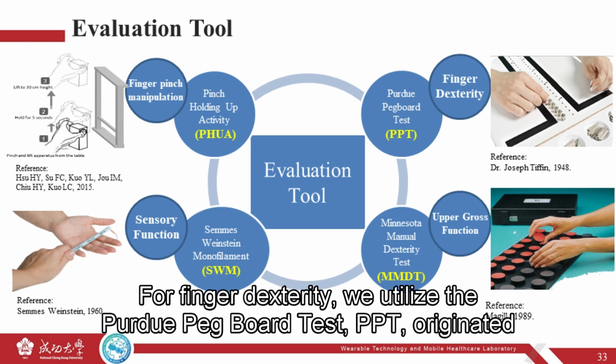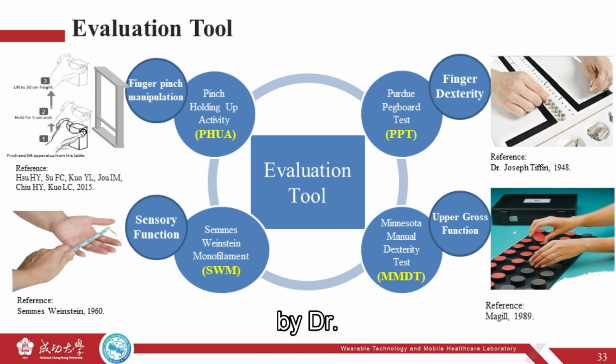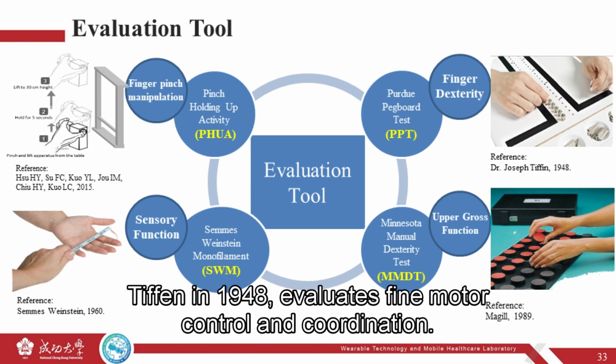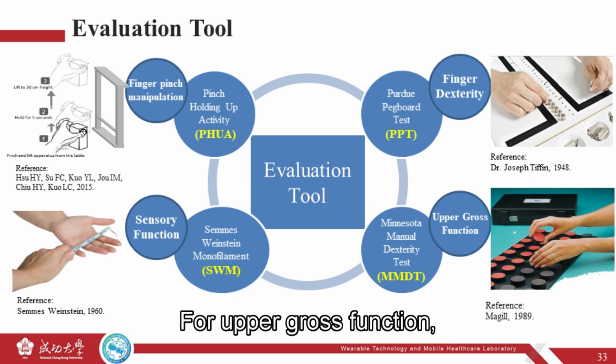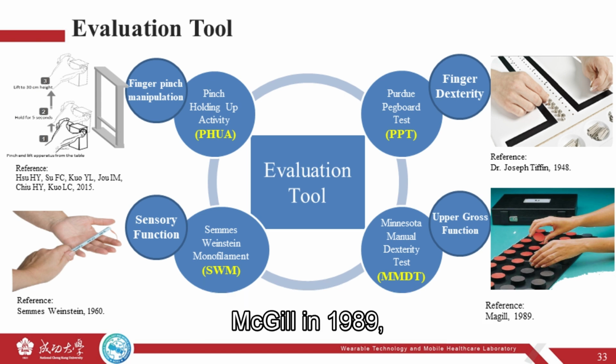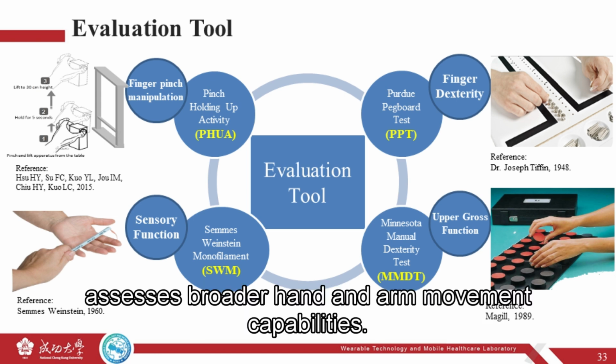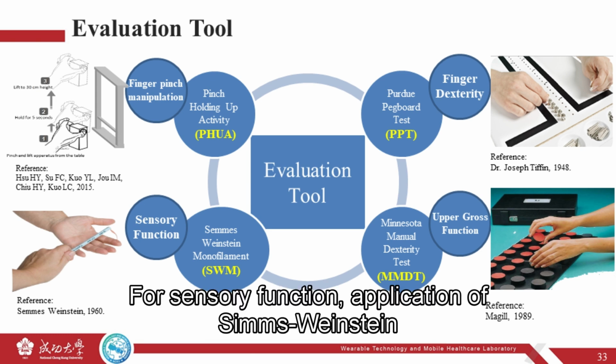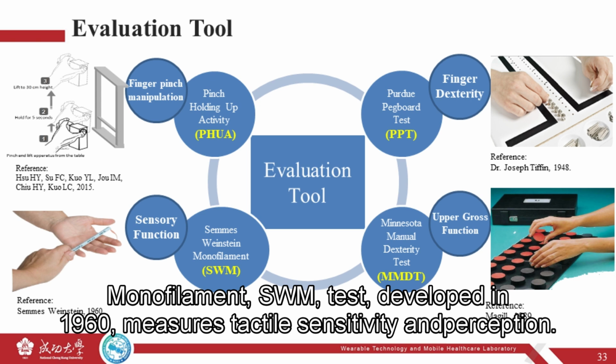For finger dexterity, we utilize the Purdue Pegboard test, PPT, originated by Dr. Joseph Tiffin in 1948, which evaluates fine motor control and coordination. For upper gross function, implementation of the Minnesota Manual Dexterity Test, MMDT, established by McGill in 1989, assesses broader hand and arm movement capabilities. For sensory function, application of Sims-Weinstein monofilament, SWM, test, developed in 1960, measures tactile sensitivity and